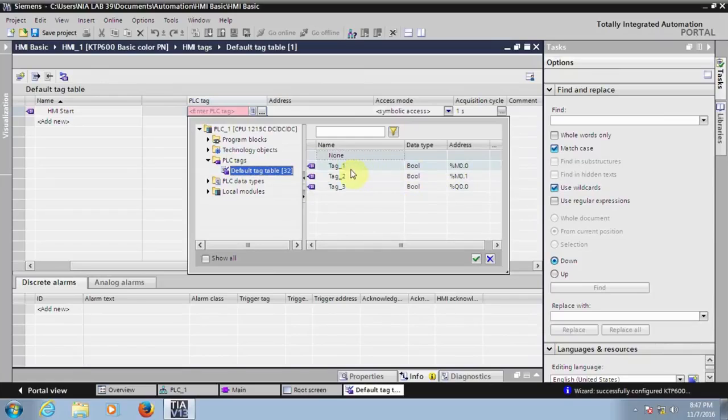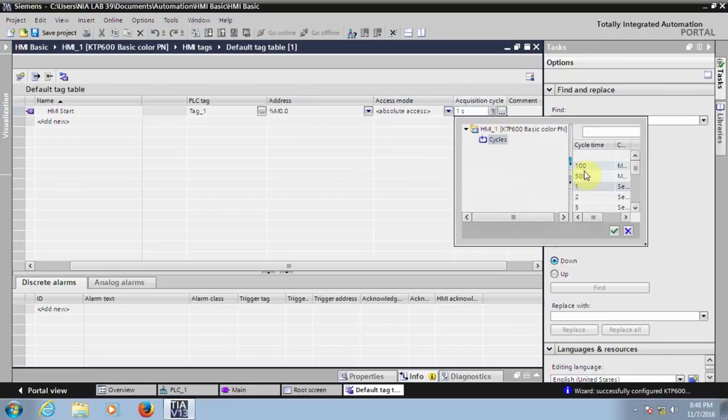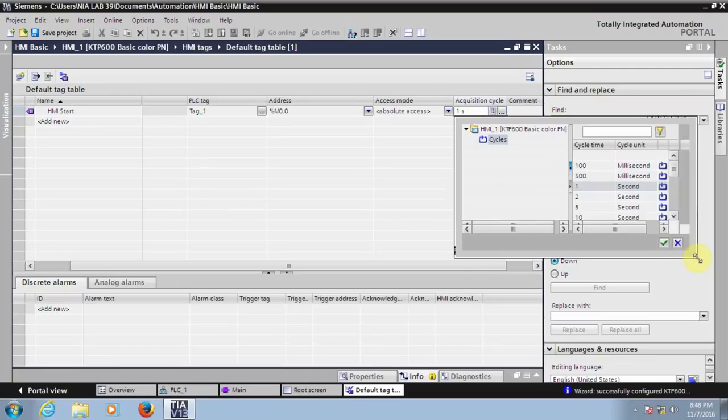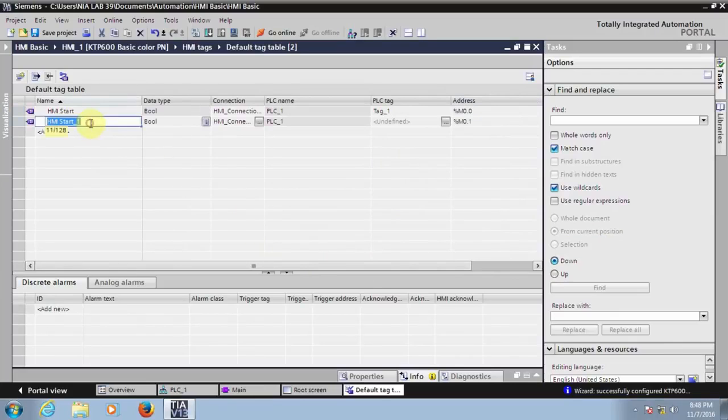It's the first, HMI start, so I'm assigning tag 1, that is M0.0. Then access mode, change it to absolute, so you can see the address has been assigned. And the acquisition cycle, you can assign it to 100 milliseconds. This is nothing but a refresh time, right? Similarly you can assign the second button, that is HMI